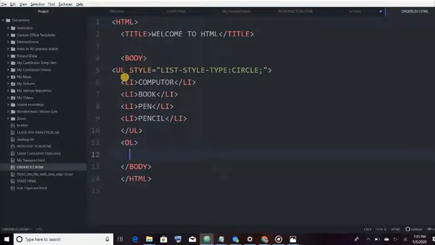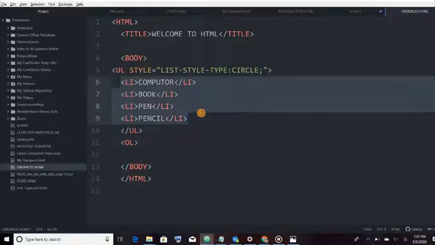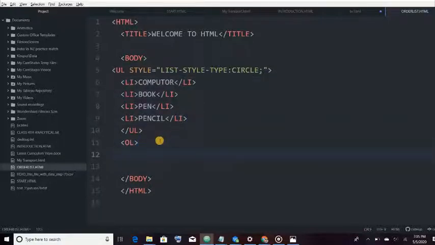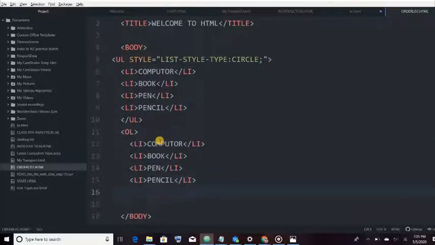Now I will insert the ordered list. For an ordered list, I will use the tag OL, and for the list item, I will use the li tag.